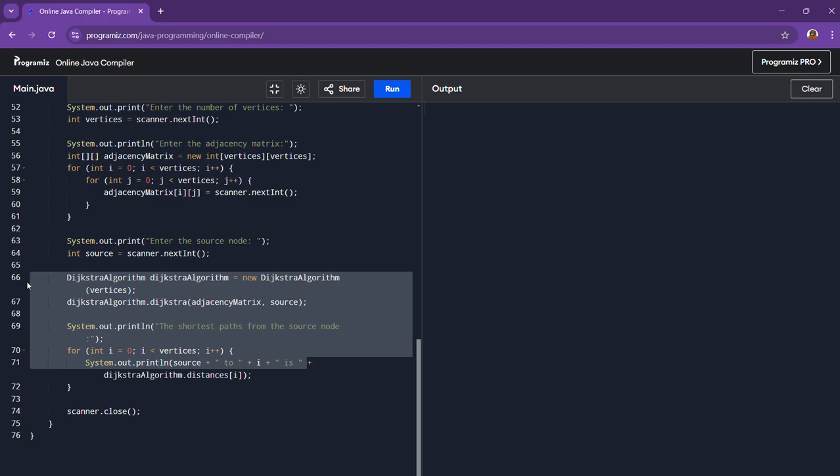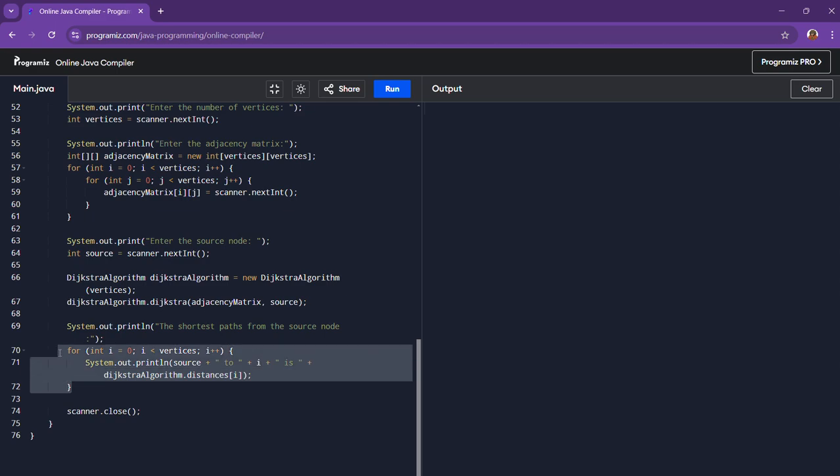So we'll print the shortest path from the source node to all other nodes. So the output goes like this,